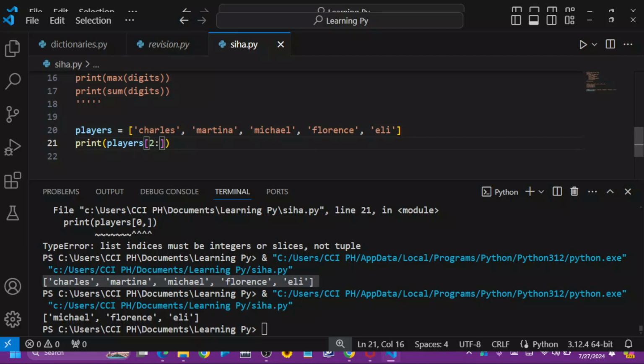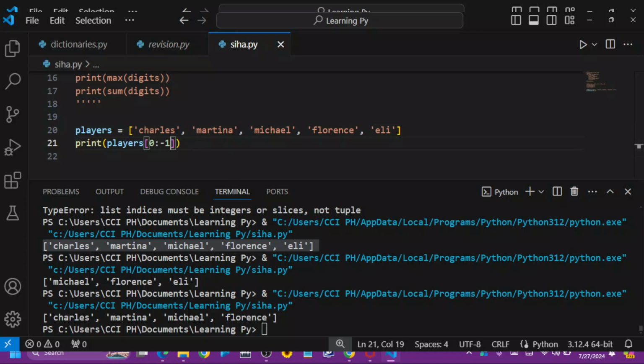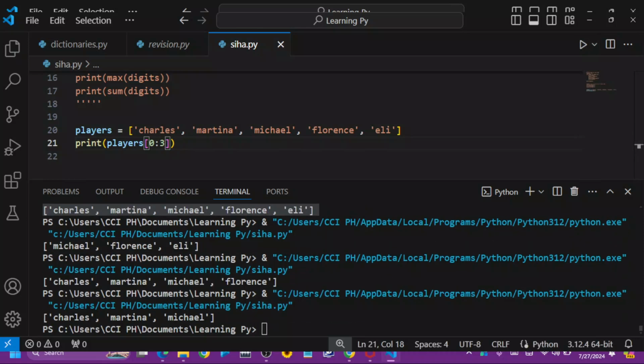So what if I wanted to print from Charles, which is 0, and stop at Florence? I can either use -1 here, remember, or I use 3. So if I put minus 1 there, what happens? Did it stop at Florence? If I put 3 there, it also